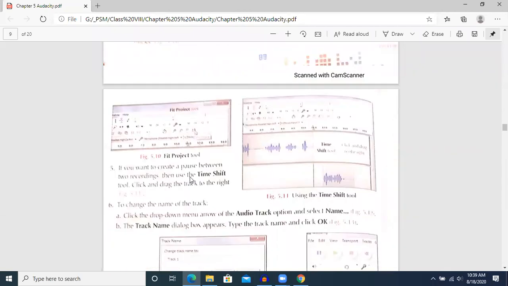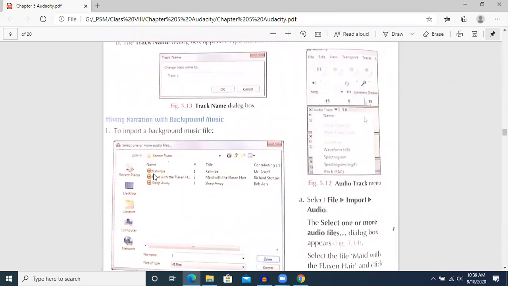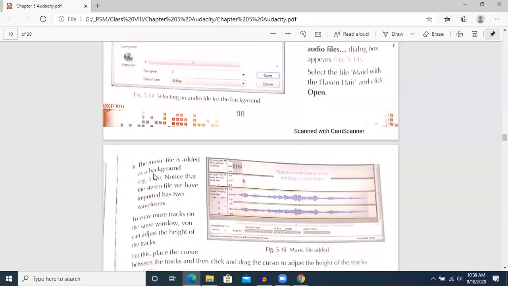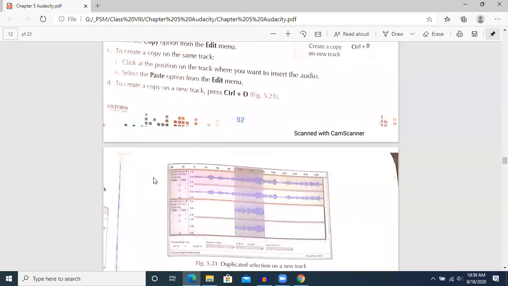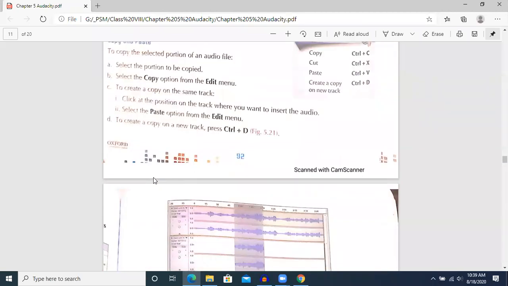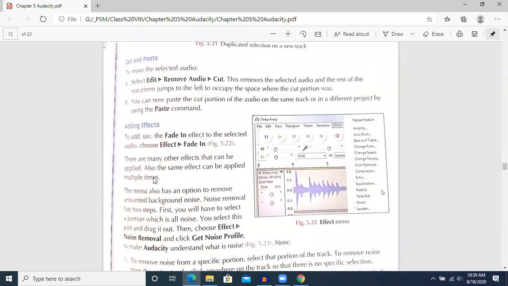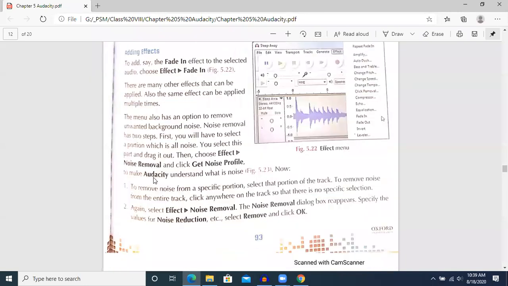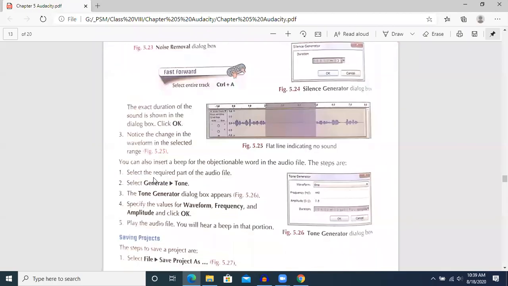Now, if we go through the questions, because in the next class I am going to assign the questions and answers to you as well. So what kind of questions are there? Although some topics are still left, which we are going to cover, inshallah, in the next class. But before going towards those topics, we have to see